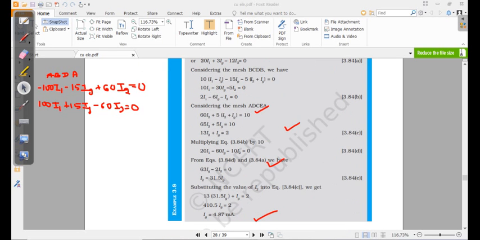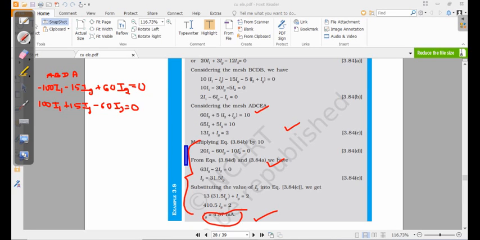Thereafter we have to do the other mathematical solution like this. On solution we will get the answer. What is the exact value of the galvanometer current? It is 4.87, which is already given in the text. It's a mathematical calculation, therefore try to do it on your own. It's only simultaneous equations.